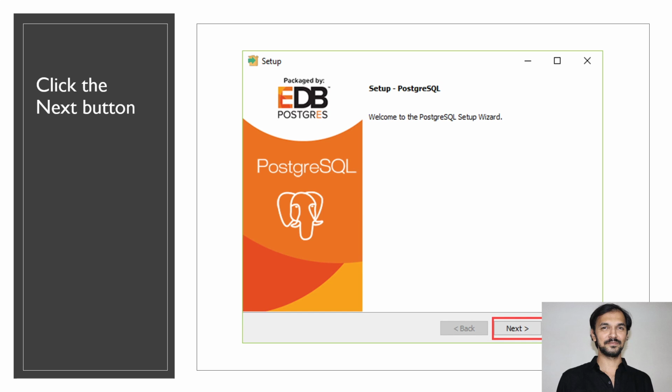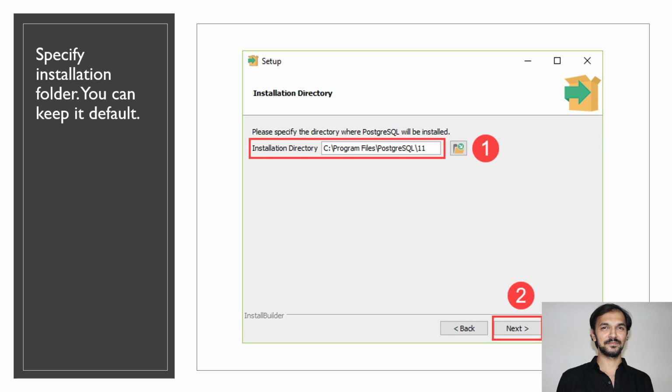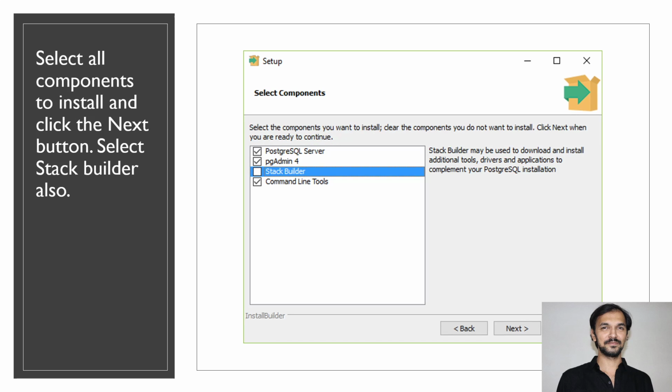Then double click on the exe file and this wizard opens. A very simple wizard to install PostgreSQL and start using pgAdmin. Just click on next in this first step. This step asks for the path where you want to save the installation files. Generally keep it default, it is a better option. Then it asks which components to install. Just uncheck Stack Builder; the others can be installed. Except Stack Builder, that is the better option.